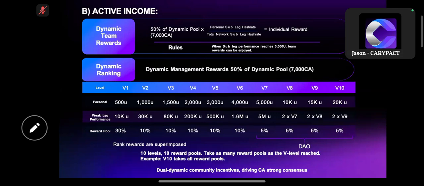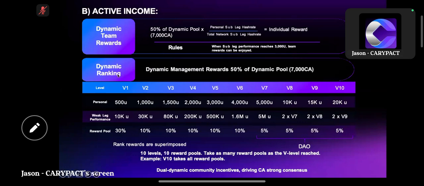Now, there are rules set in terms of earning this dynamic team reward. From the latest update that I have, your personal staking must be more than $300, and your smaller leg sales must be more than $3,000. Then only can you start earning from the dynamic team reward. Make sure you are clear on that. Make sure to update with the Zoom session on a daily basis or from time to time, because new updates will be coming in so that we can equip ourselves with the latest information. That's the first part of the income, the dynamic team reward.